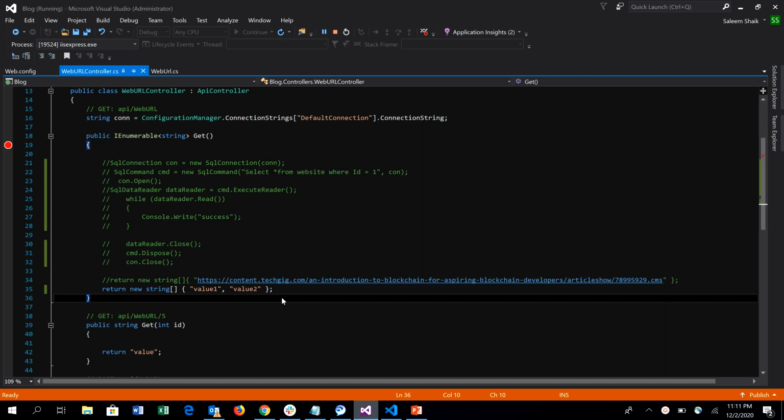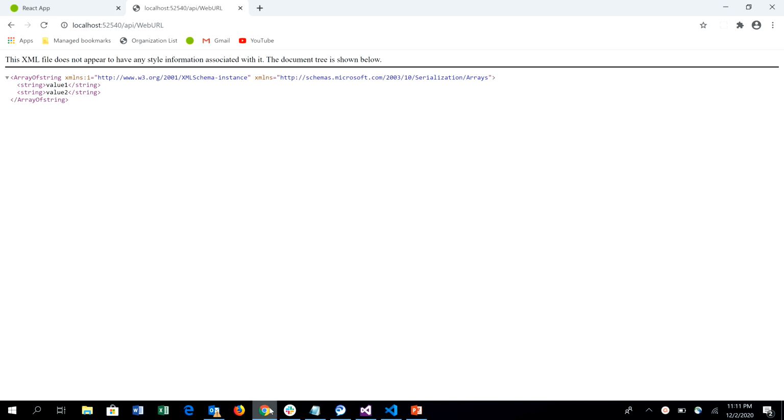Generally, the web API will return the data in XML only, guys. So whatever data you are seeing here, value 1 and value 2, you are going to see this value 1 and value 2 in the XML format. Let me show you, guys. When I run this, you can see here value 1 and value 2, which is entirely in